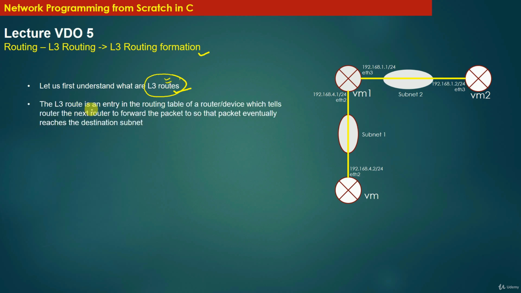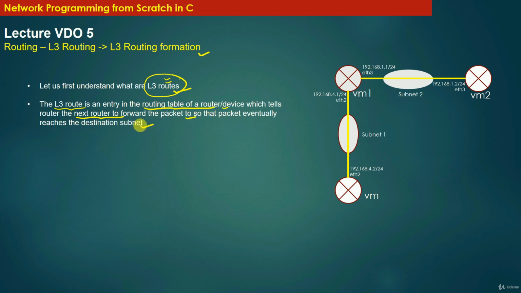So the layer 3 route is an entry in the routing table. Remember that a layer 3 router has a special table called the layer 3 routing table. And the entries in this layer 3 routing table are called an L3 route. So an L3 route is an entry in the routing table of a layer 3 router, and this entry tells the router the next router in the topology to forward the packet to, so that the packet eventually reaches the destination